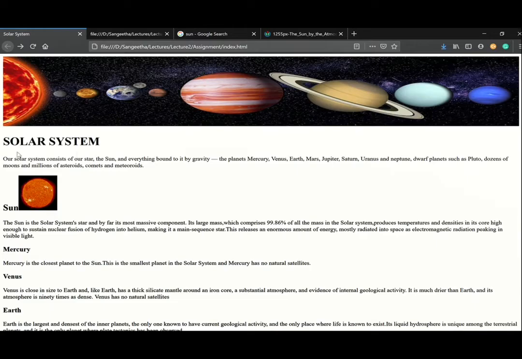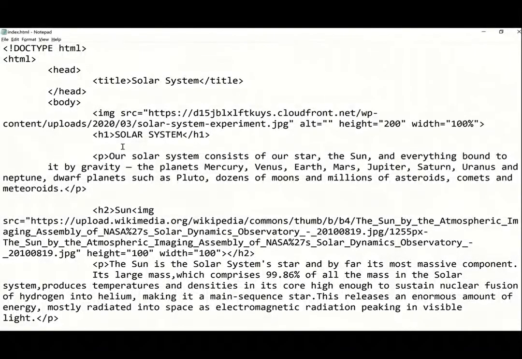Next step is we are going to insert a link tag in the web page. I am going to use the heading itself as a link. So for this, you have to give the link tag here. And we have to give an URL for this href attribute. Just search for solar system in Google.